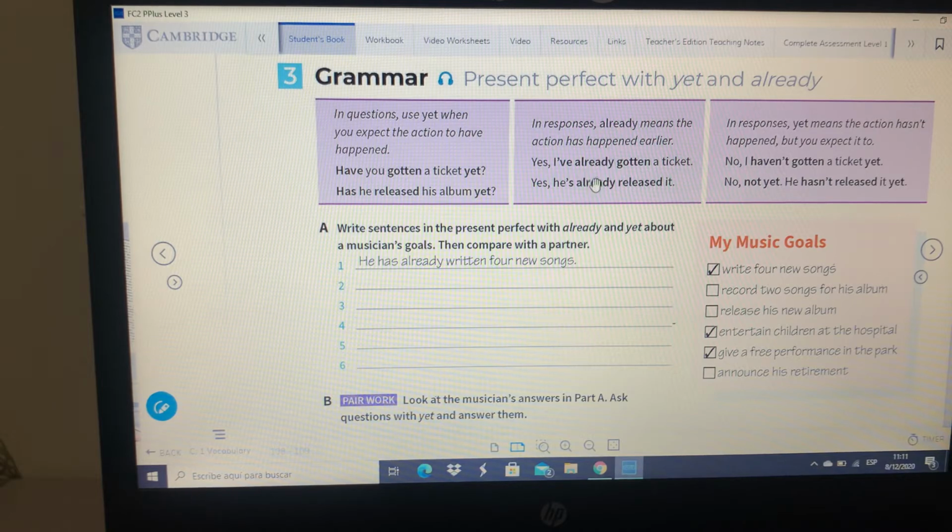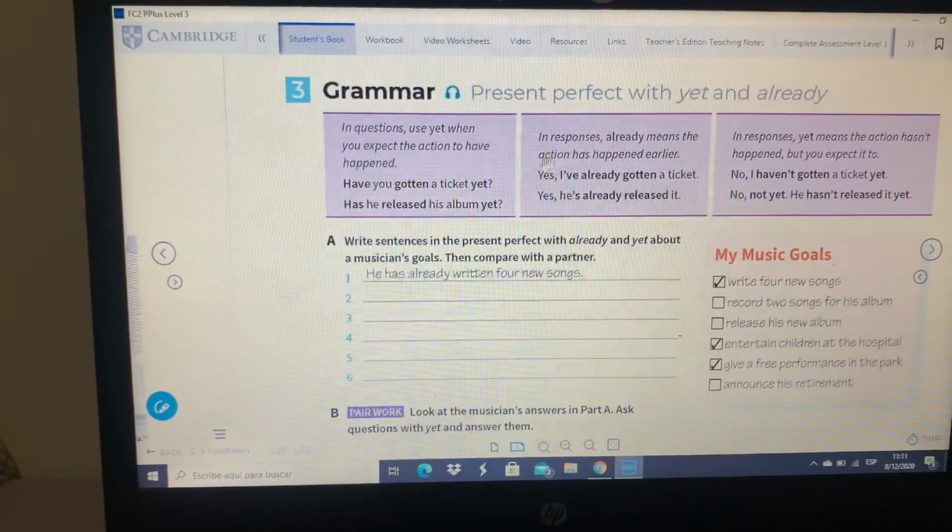Si la respuesta es positiva, usamos already y lo colocamos en medio. Y usamos el yet si la respuesta es negativa. Entonces, si ustedes ven acá, already para afirmativo, yes, y yet para negative, no. Y la diferencia es que el already va en el medio y el yet va al final. Ese es básicamente el uso de estas dos keywords, que son frases muy usuales que se usan en el present